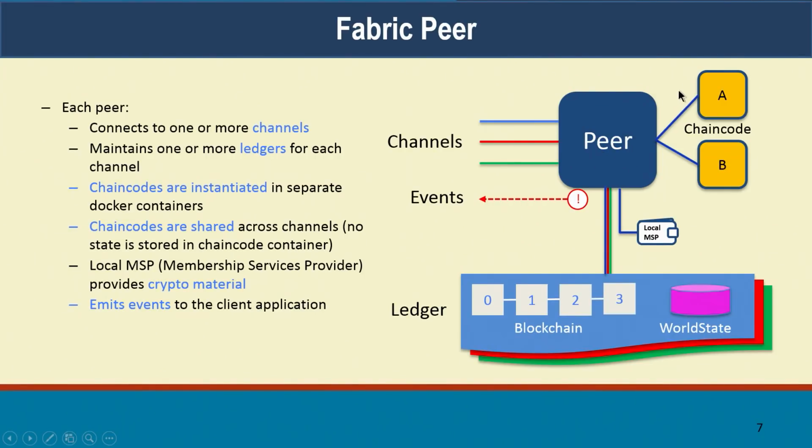So there is going to be communication between the chain code and the peer, and communication between the peer and the ledger. All of these happen through remote procedure calls. We use Google RPC, gRPC, and these are all pluggable components. For the ledger, you can plug in your own database implementation. The peer implementation can be modified. The chain code implementations are pluggable. So all of these components are pluggable in nature.